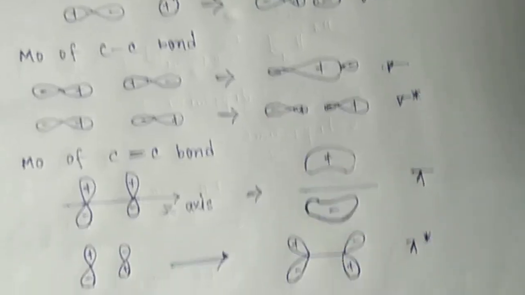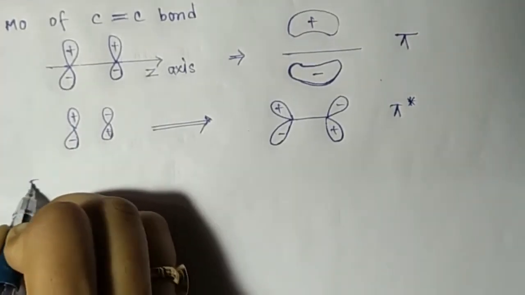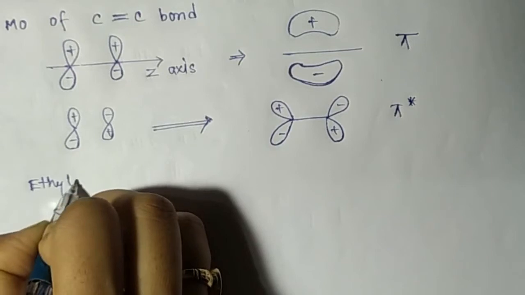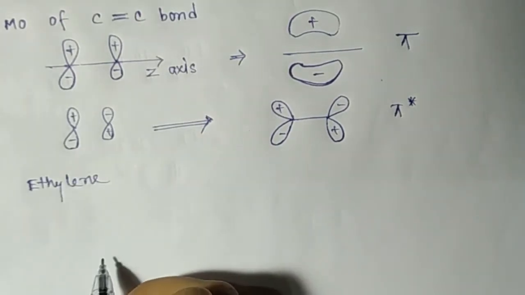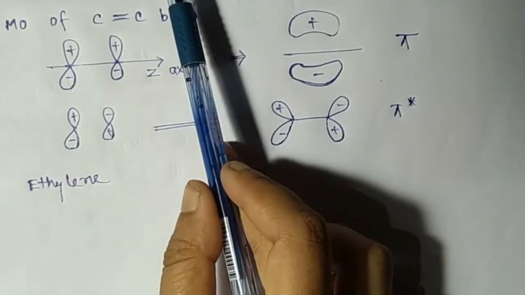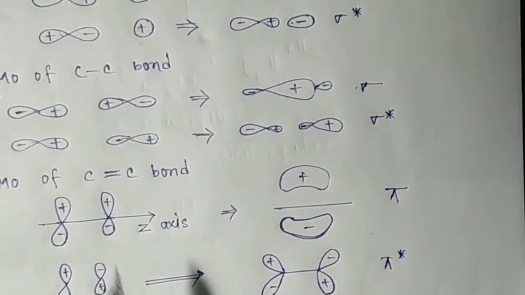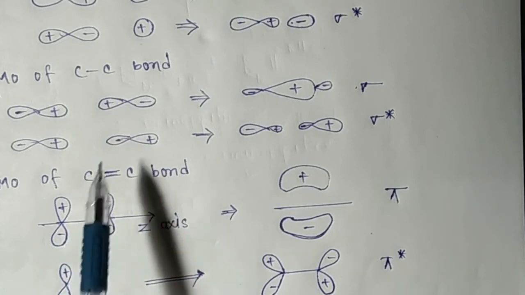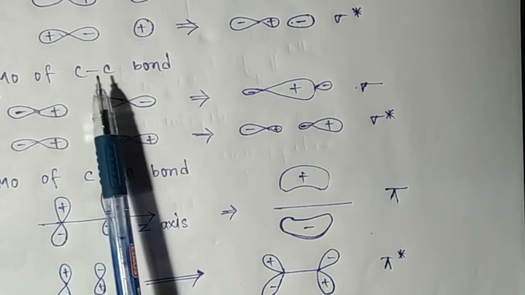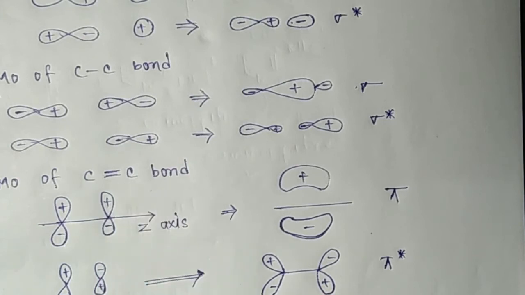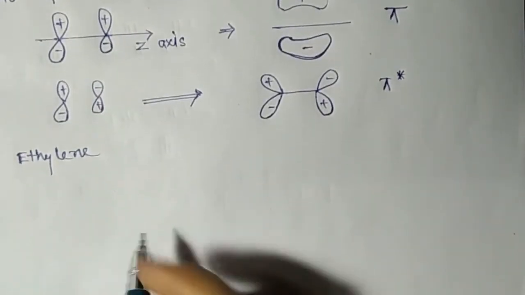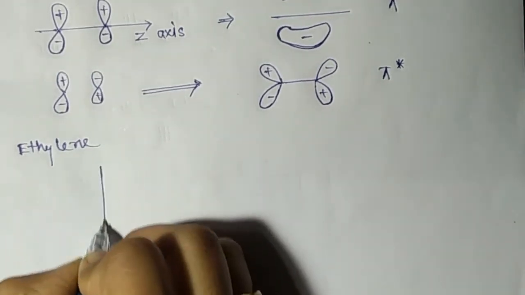So for ethylene, we can say that two types of bond or orbital are formed through the carbon-carbon single bond and carbon-carbon double bond, and they are the pi and sigma molecular orbitals and the pi star and sigma star molecular orbitals. If we draw the orbital diagram of ethylene, we get